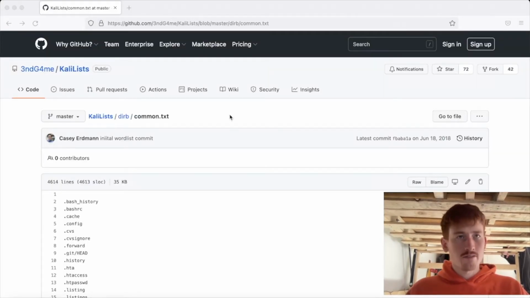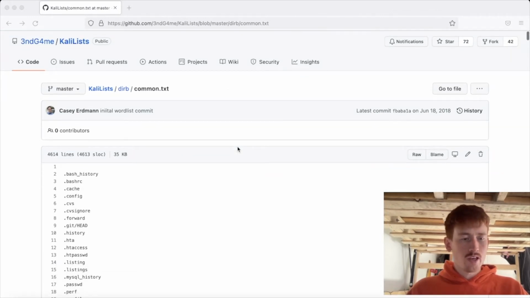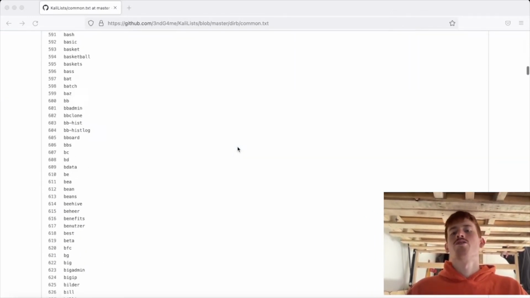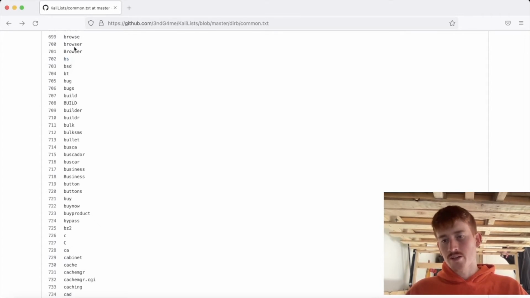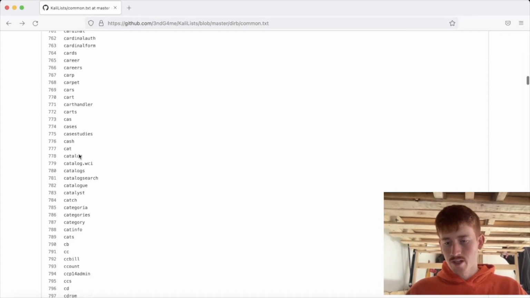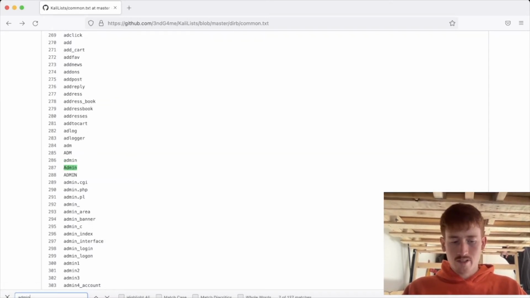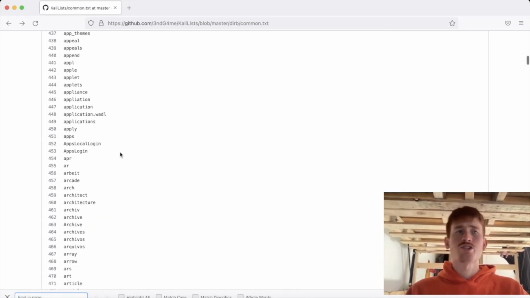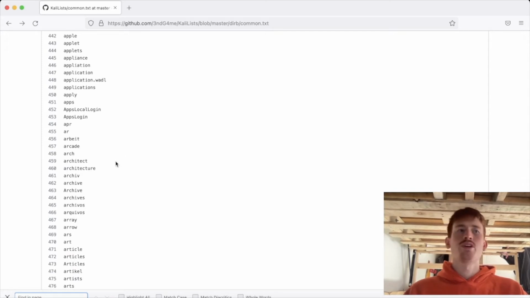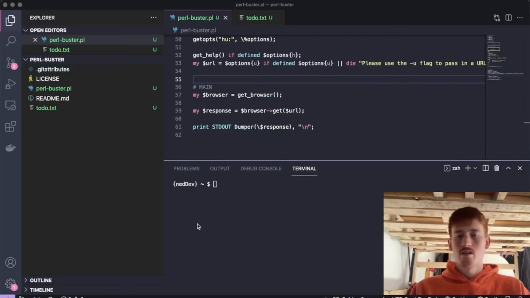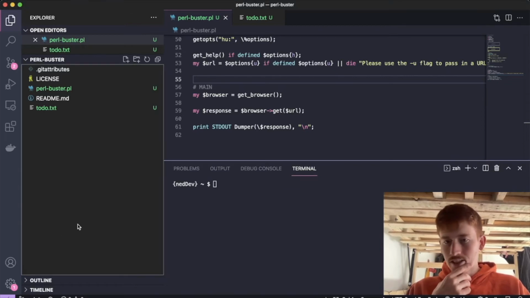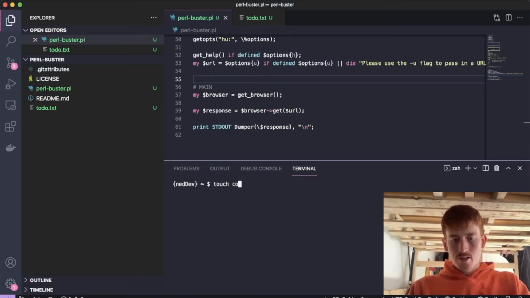For a word list, I found this one online, which contains hundreds and hundreds of common endpoints. So browser, blah blah blah. There'll probably be one for admin pages, admin.php is a common one. And what I did is I just copied this out and put it into a file. Okay, so I copied that, and let's create a name for the file. So common.txt,